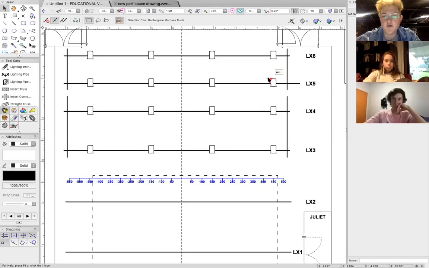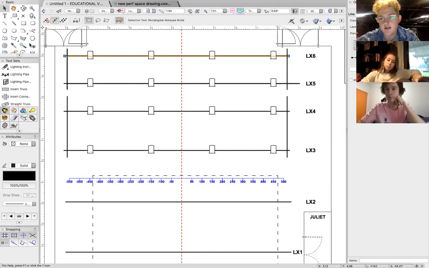Now, object info is basically whenever you select anything on your page. So I could select one of these lines on the lighting bar and it would show up and say this is a line, the length is 10.58 meters, the degree is 0. On the x-axis, it's minus 8.04. On the y-axis, it's 4.98. And then you can select the light, and you can